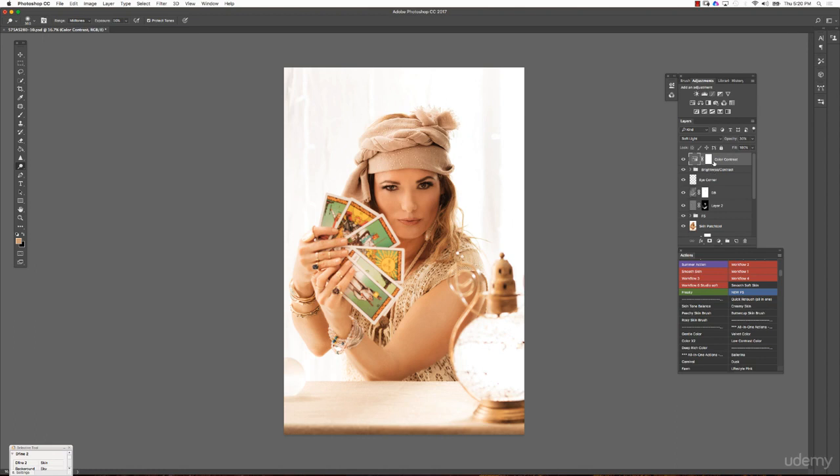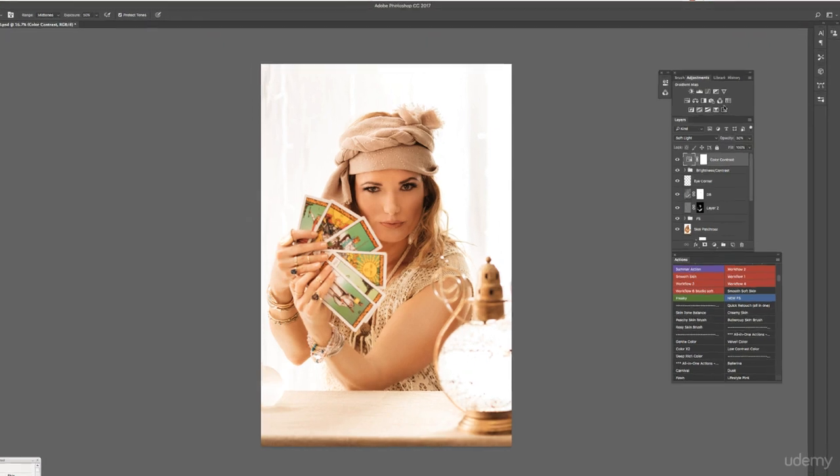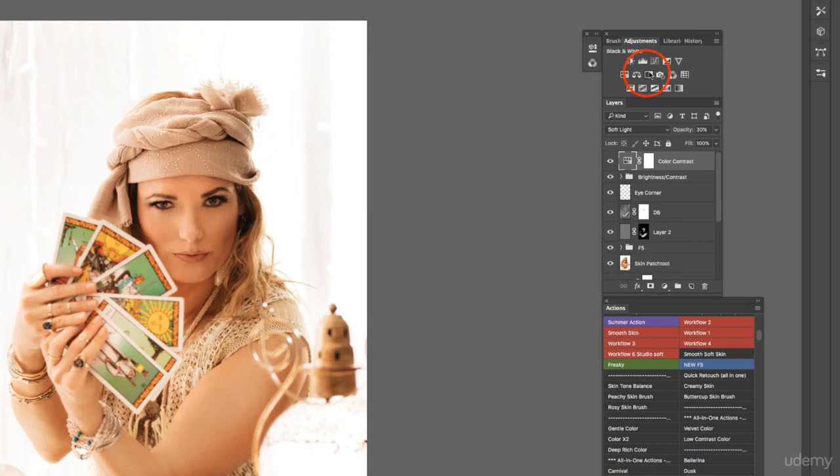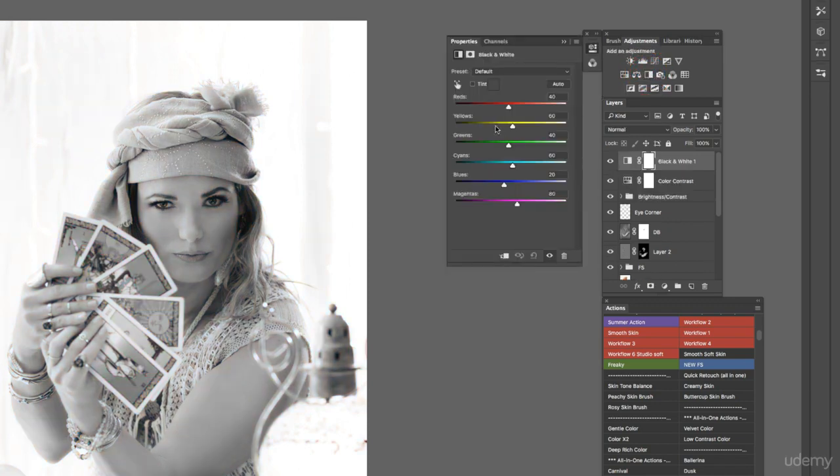And the other one that I also think can look very interesting is that you can also just change your sliders in your black and white adjustment here. So you can do the same thing. Either you can go up here and give it also a tint, or you can play here with your skin tones, for example. So this gives you the first indication how the picture would be in black and white,